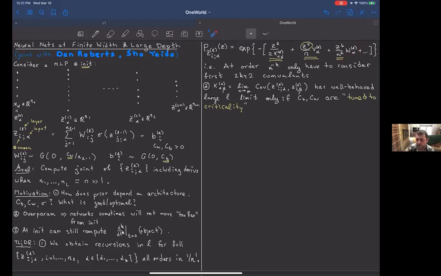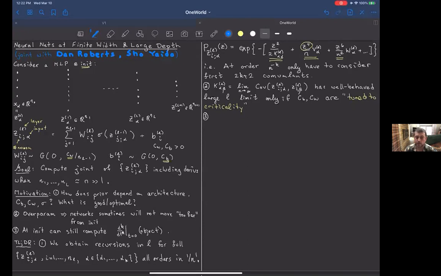Great. Okay, so I know this is kind of a summary. I'm going to give you some details in a minute, but I just want to go through these points so that I can be clear about what the picture is. Now, this tuning to criticality is basically necessary in practice if you want to train deep networks, at least if you don't add batch normalization or skip connections. This is related to a bunch of prior literature. We definitely have a couple of new innovations, but we borrow from previous work in this analysis of the infinite width limit.